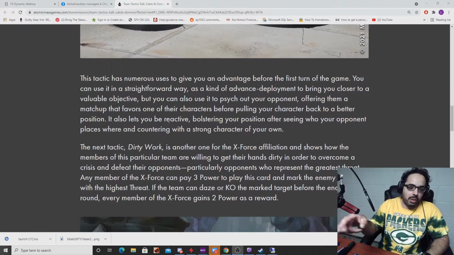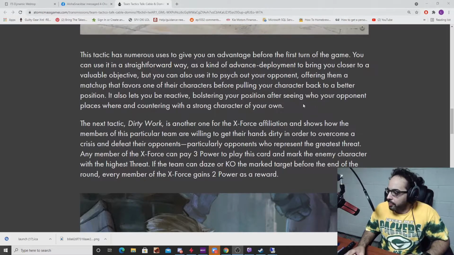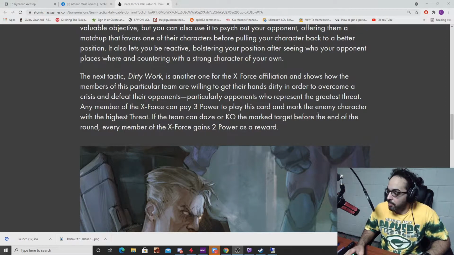There's something more to this card too, and I'll read that in a second, 'cause I don't think they go over it here. So the next tactics card is Dirty Work. It's another one of the X-Force affiliation cards, and shows how the members of this particular team are willing to get their hands dirty in order to overcome a crisis and defeat their opponent, particularly opponents who represent the greatest threat. So any member of the X-Force can pay 3 power to play this card and mark the enemy character